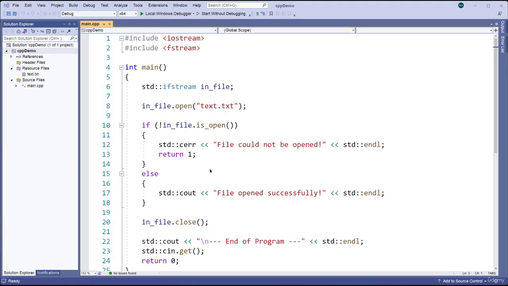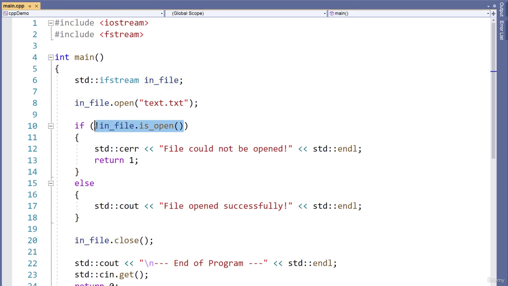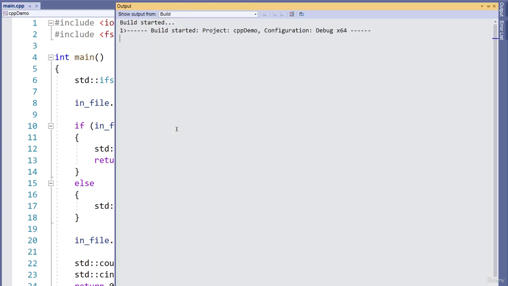Just a couple of notes before we see how we can read from a file. Firstly, instead of using this expression, if in file is not open, that is using the isOpen function, you may see the file function being used instead in some code and tutorials that are out there. However, file is the parent iOS class function, and ifstream defines the isOpen member function, so we will continue using